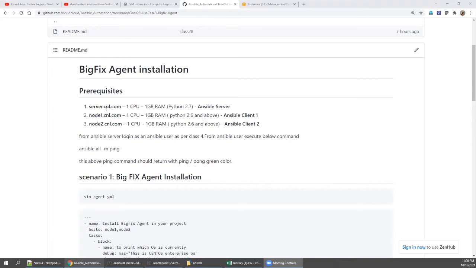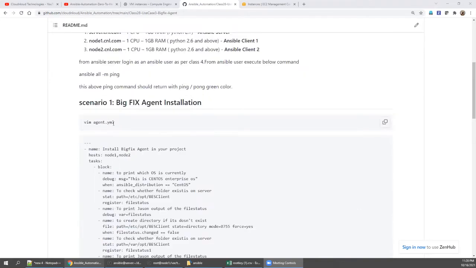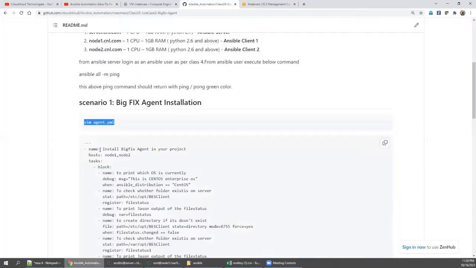So you need to have the same lab setup we have been discussing for the past 27 classes. Let's create the agent.yaml file. In that file, I'm going to say set paste, then insert mode, and copy the entire playbook.